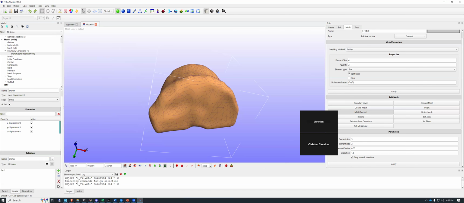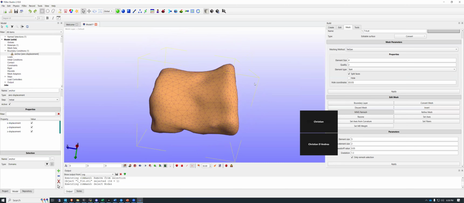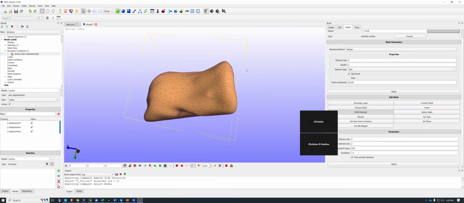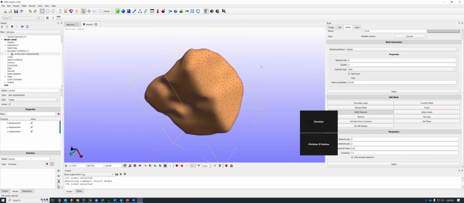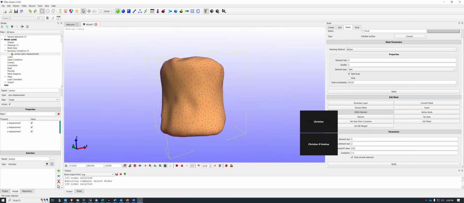Anchor nodes, maybe. Oops, I don't want that. There's these three dots at the bottom that allow me to select actual nodes. So I'm going to hold shift and try and catch the edge. I'm just clicking and dragging to spin this thing. So let's say I just select a bunch of nodes on the bottom. It's not perfect, but maybe you can see there's some red dots on the bottom. They're kind of tough to see. But anyway, it selected those nodes on the bottom,